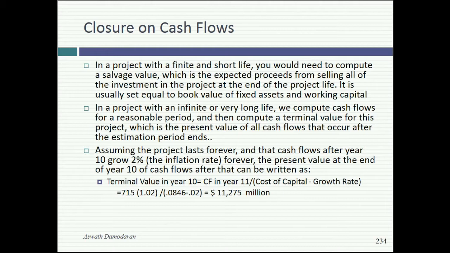So if I let the number of tourists in year 10 keep growing at 1% a year, for instance, forever, there are going to be more and more tourists in the same theme park, right? So if I do that, what do I have to do to reflect the fact that I have more tourists? I have to expand the theme park, I don't want to do that. So essentially I'm saying I'm going to keep the theme park the way it is. I'm going to maintain it because remember I put maintenance capex in to make it look okay. But the number of tourists is going to level off in year 10 and then grow at the inflation rate